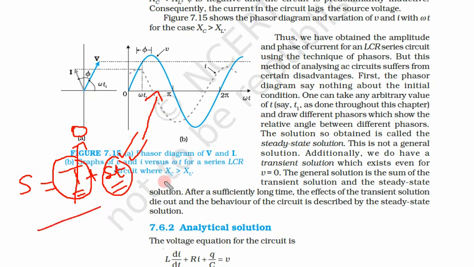Hence, we must find a solution which is valid for both the transient state and the steady state. This is only valid as a steady state solution when the transient solution is almost 0. That means all the things have already happened and now the current and voltage are stabilized and the steady state is reached. Next we will see how to solve these problems by the analytical method.